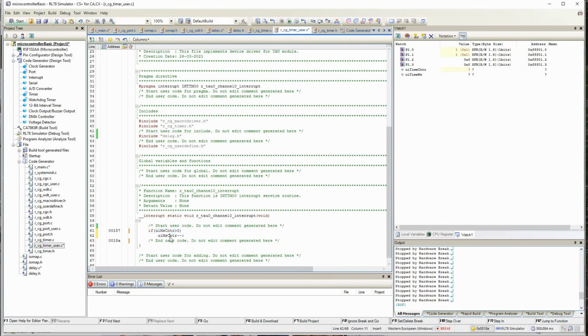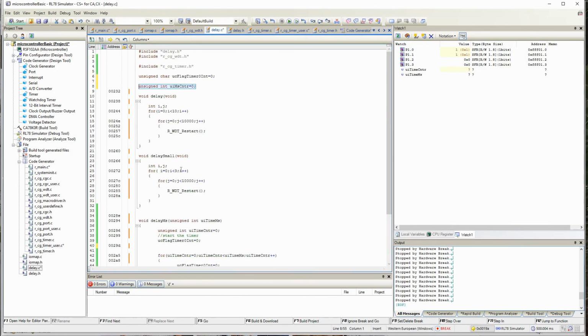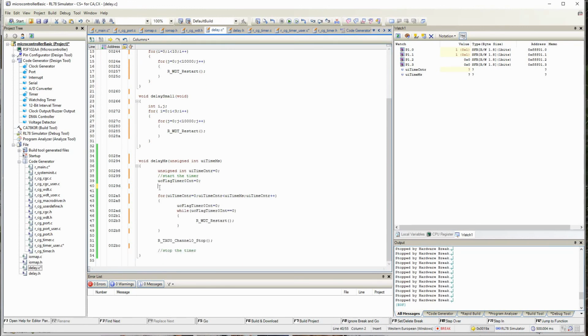If it is greater than 0, it will reduce. Or else, if I only use this statement, it will come to 0 and go back to 65,000, that value. So now this counter, whatever value I've set it to, will come to 0 and stop, and every decrement happens every 1 millisecond. So in my delay.c, I'll not use all of this. I'll use that millisecond counter which I have declared.